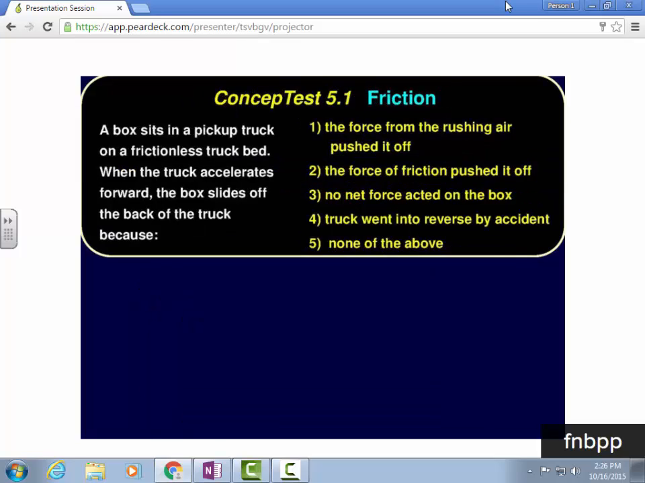All right. A box sits on a pickup truck on a frictionless truck bed. When the truck accelerates forward, the box slides off the back of the truck because